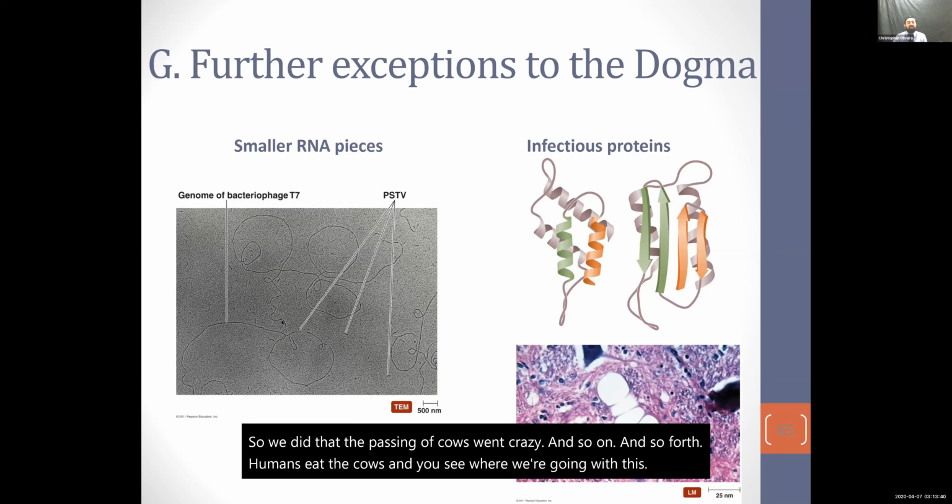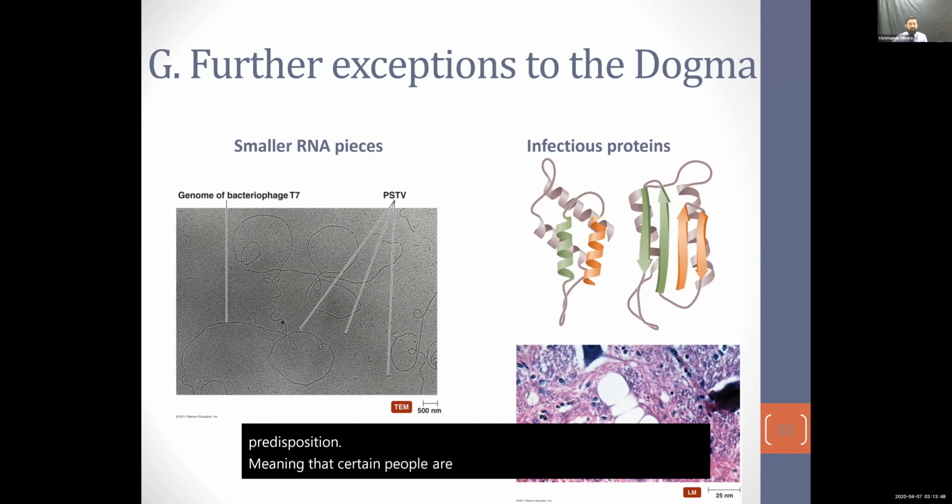Now, what's interesting about these is that there seems to be a genetic predisposition, meaning that certain people are more predisposed to having that type of corrupt protein, misfolded protein. And we've known about this because there are groups out there in the world that actually have this happen to them more often. Probably the most infamous of them all is called Kuru, in which certain Aboriginal tribes, again, stay